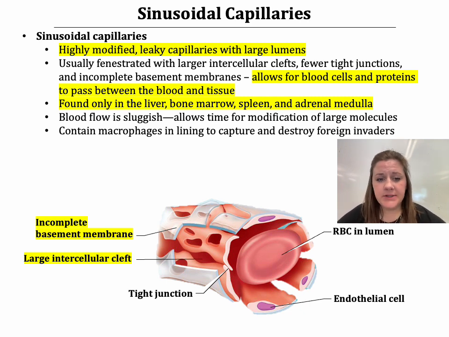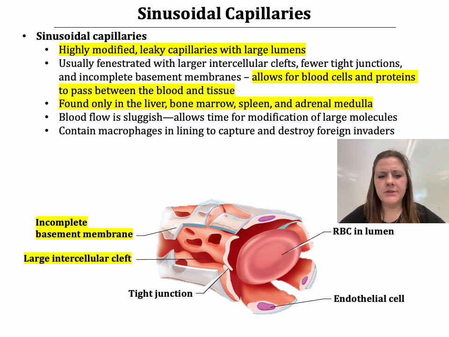So these are isolated to unique parts of the body. The classic example would be the red bone marrow, right? That's responsible for producing all of our blood cells. Well, as the blood cells are being synthesized in the marrow, it needs to get out into the bloodstream, right? So it needs to be able to exit the bone marrow, and these sinusoidal capillaries allow for that to take